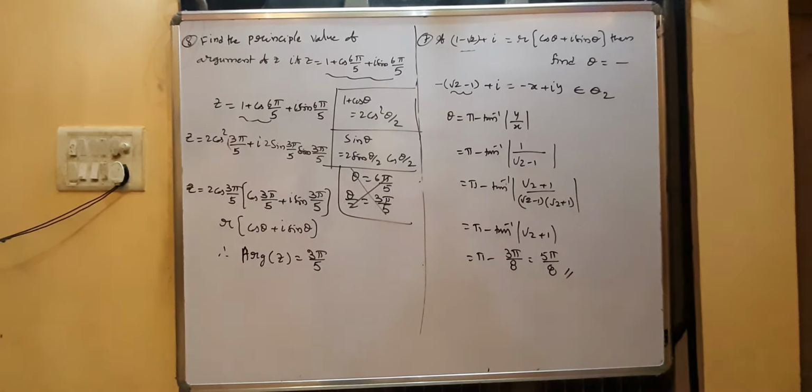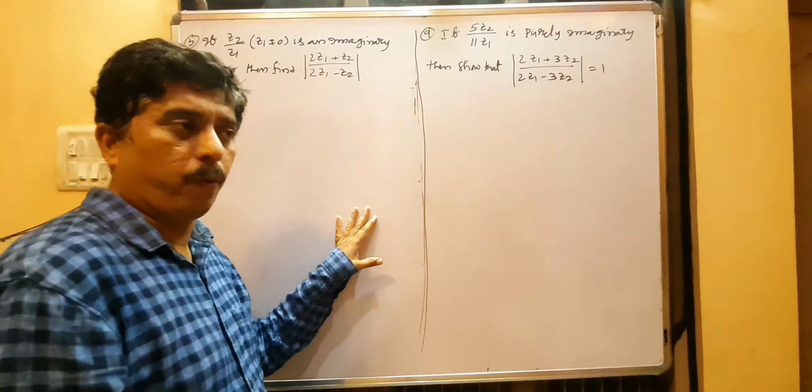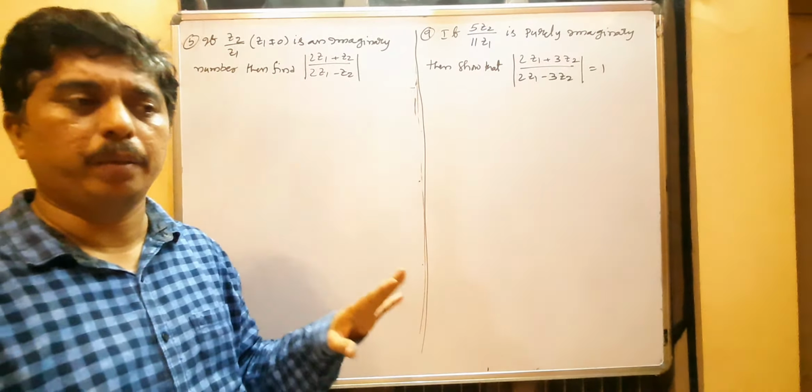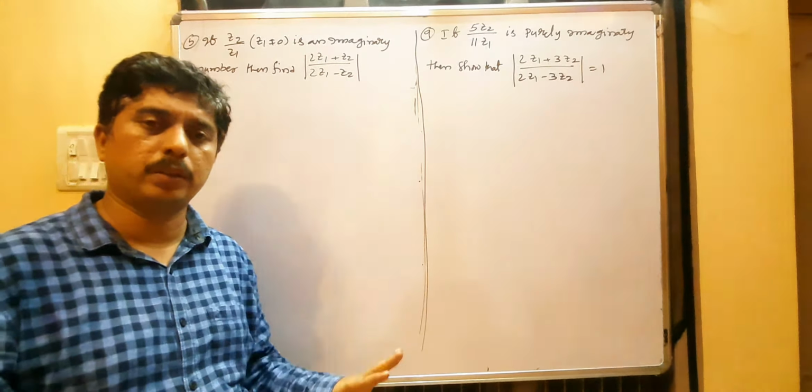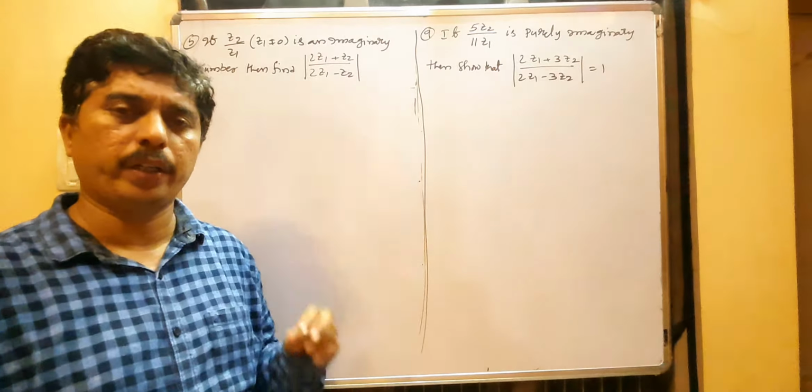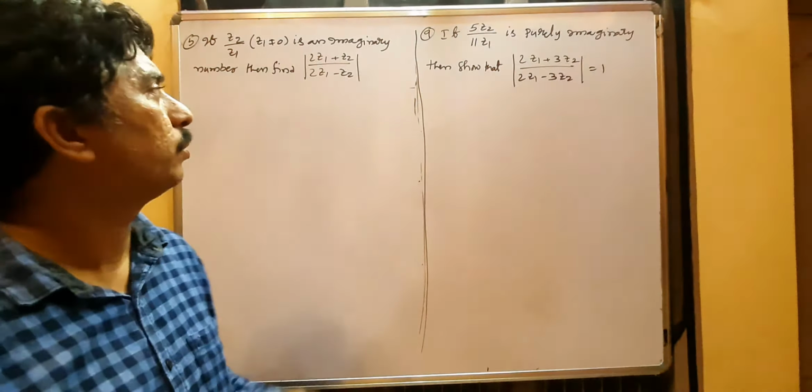Let's come to the next question. Both are the same model. Model wise I am explaining the complex numbers. First exercise, second exercise, De Moivre's theorem is most important. Complex numbers and De Moivre's theorem are most important, from any objective point of view.